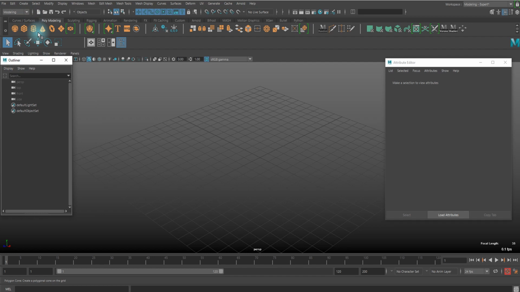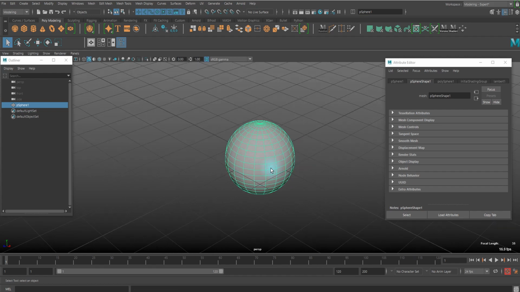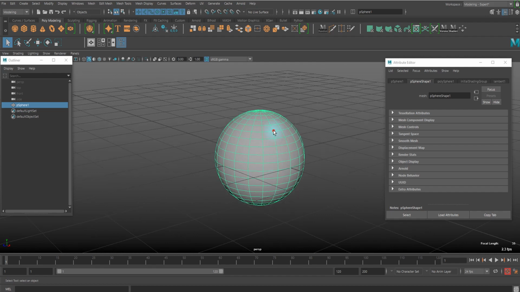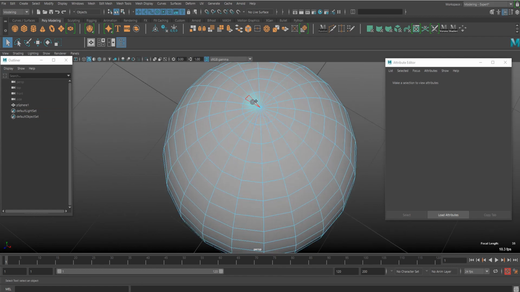First thing I'm going to do is I'm just going to model a simple helicopter. If you already have your own model, you can just skip this part. Yeah, anyways, I'm gonna make it pretty simple. First of all, I'm gonna start with a polysphere, and